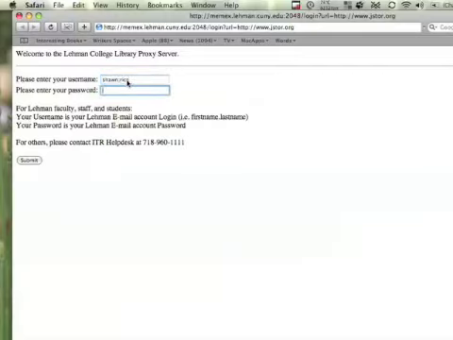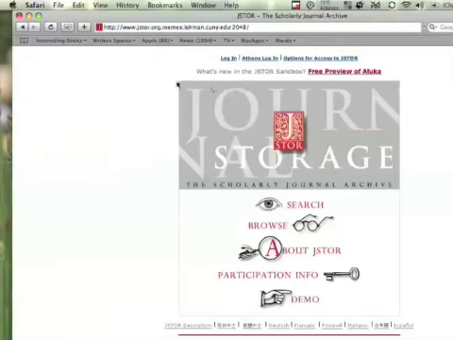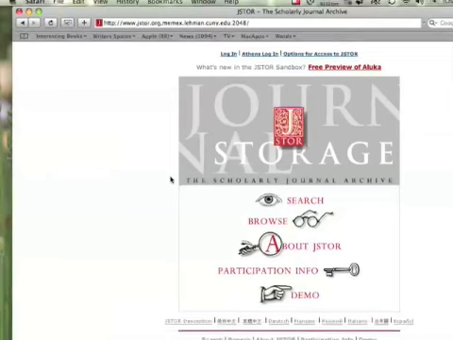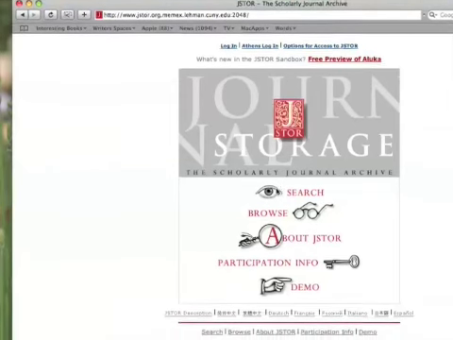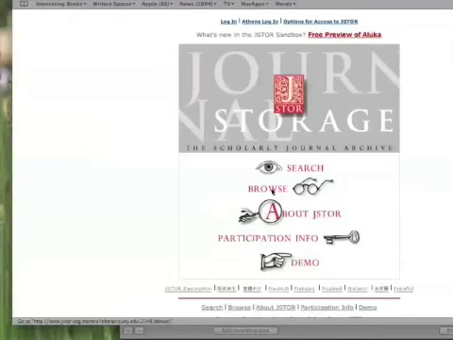Sometimes I can't spell my own name. So now I can go in. By the way, if you're on campus looking at this, you won't have to log in that way. Most campus computers should be set up so that you can just automatically go into these things.